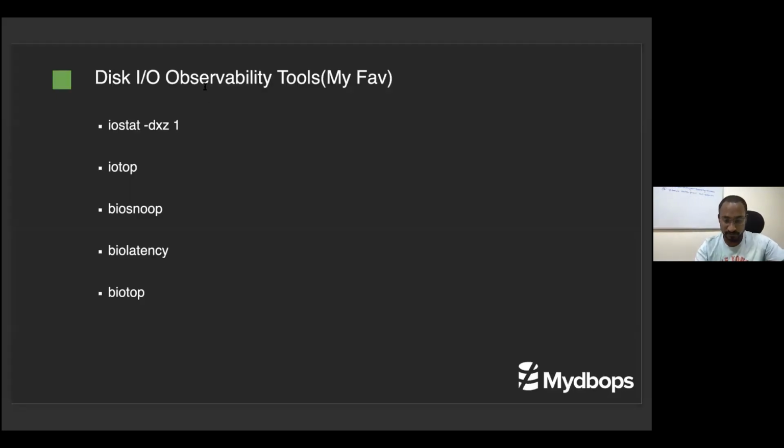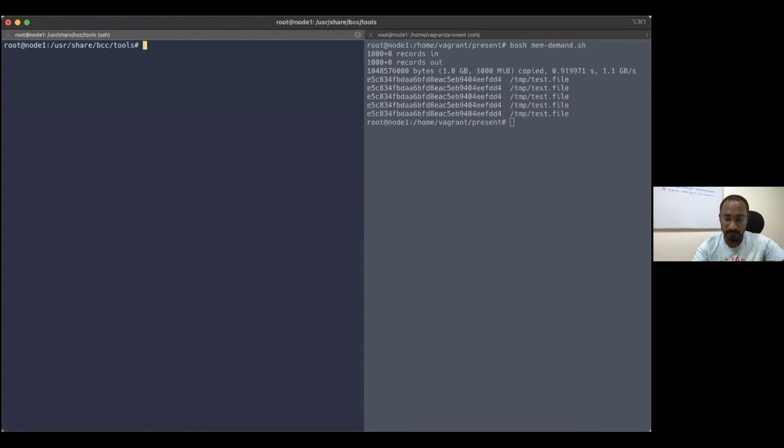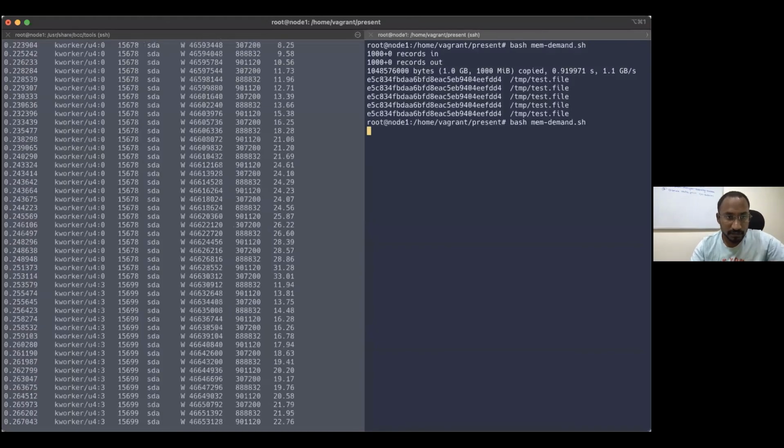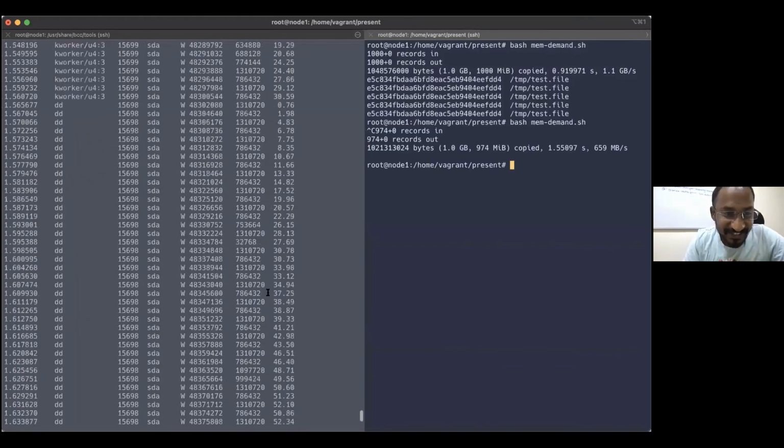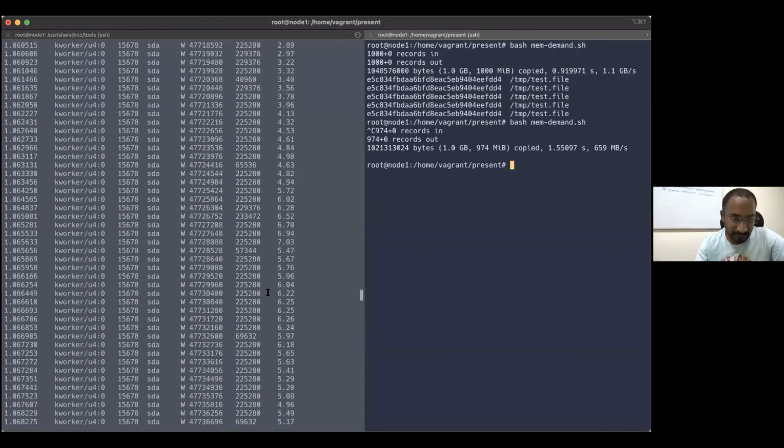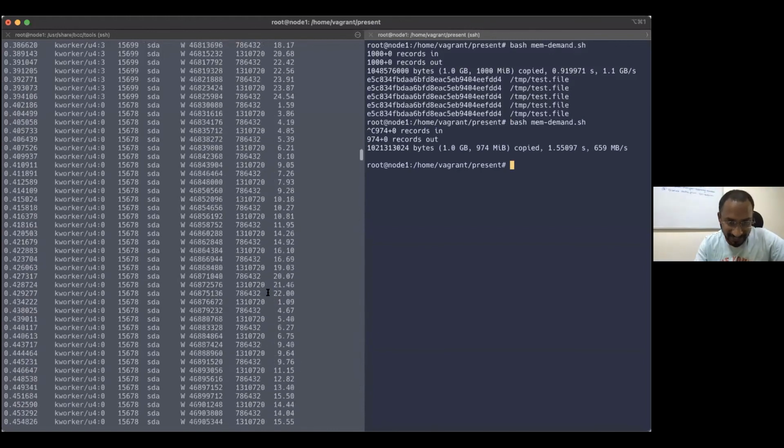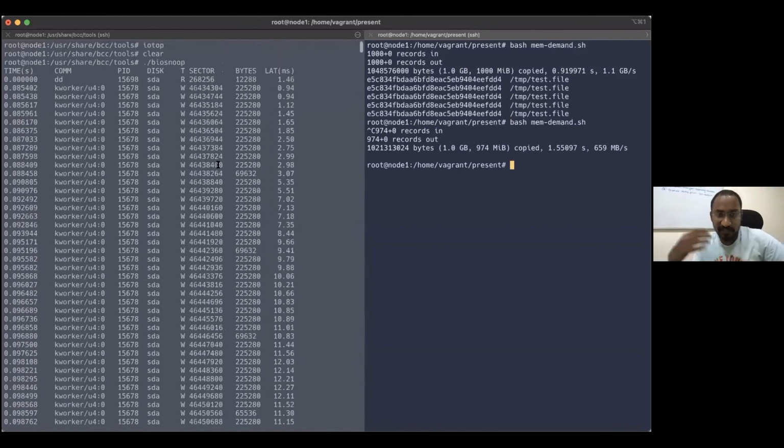Then biosnoop. Here what I'm trying to say is whatever the process, whatever the drive, whatever the operation, sector, bytes, latency. It is telling us the latency spent in the total operation: the scheduler, the disk queue, the block queue, whatever the wait time spent, and then performing the operation.